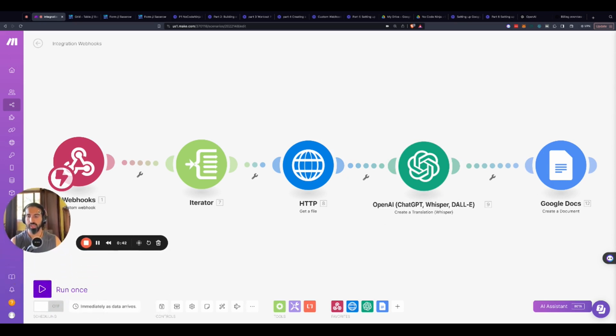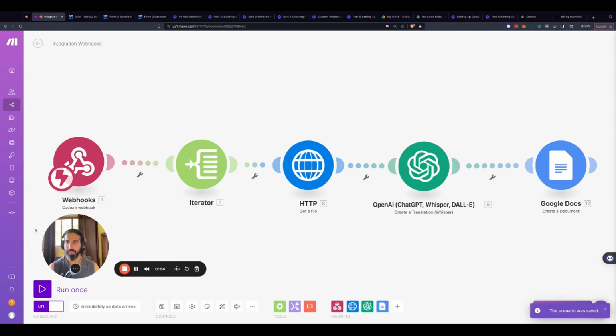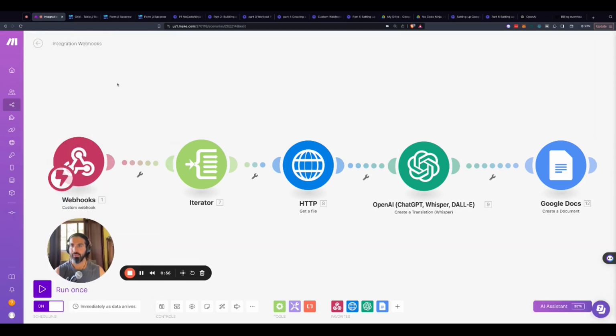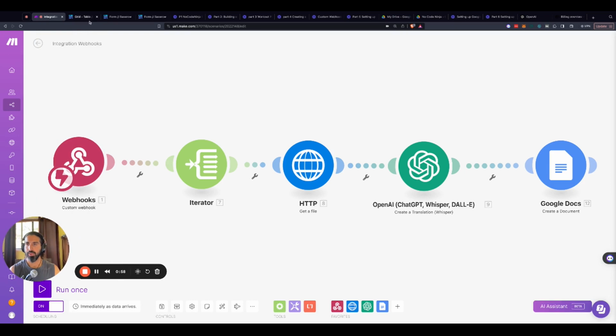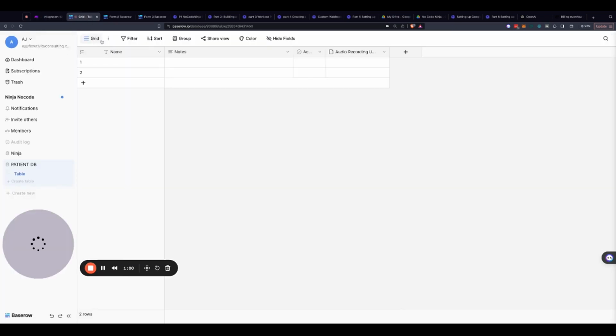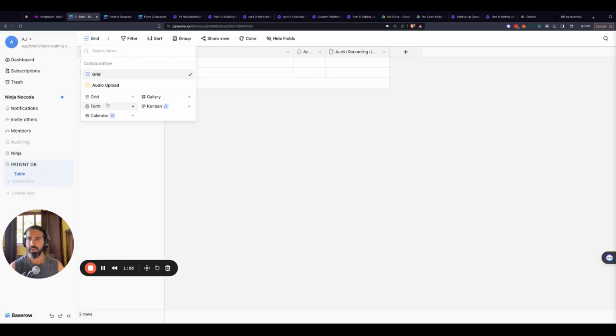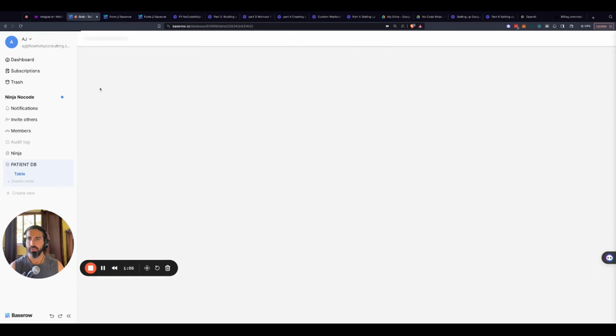One thing we just need to make sure before we test and run this whole automation is that we actually turn the automation on. So let's just hit on and also just make sure we save. Always good habit to save all the time. We're going to go back to our Baserow and we're going to find our form. We're going to preview it